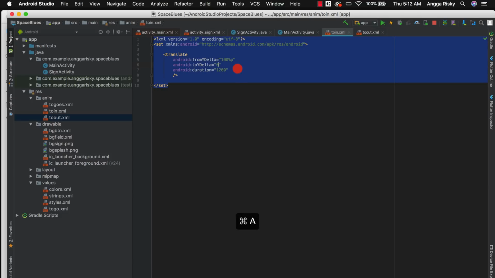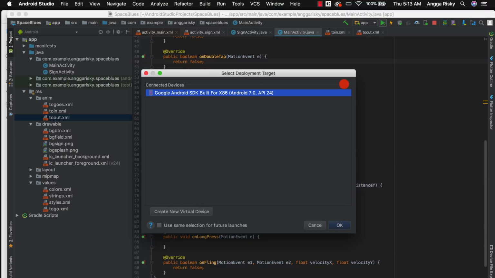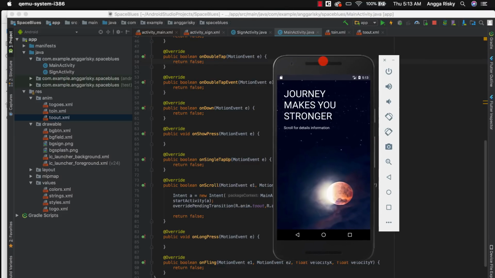Okay, and we're gonna copy this, and then in here we have to set minus here, but we have to switch. So here from y delta this is to in, from y delta 100% p and to y delta 0, and here we have to make it 0, and this is 100 but minus. Okay, it's like different, you see. Okay, and yeah, let's try again. I hope it's gonna be working. Okay, so if we scroll,